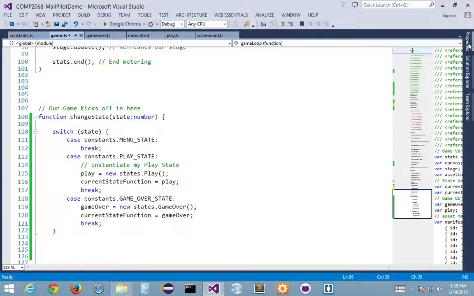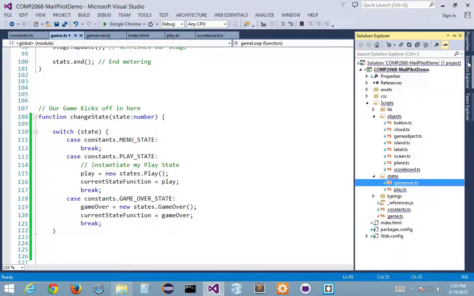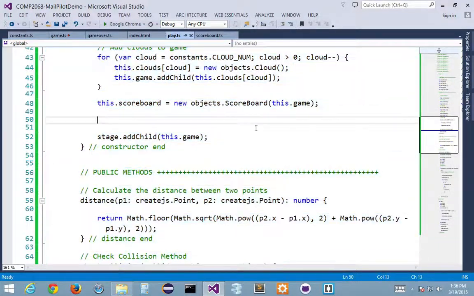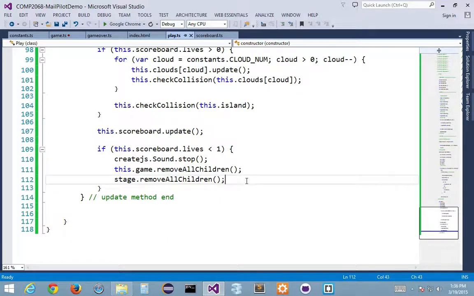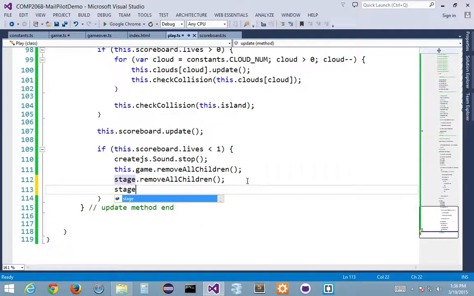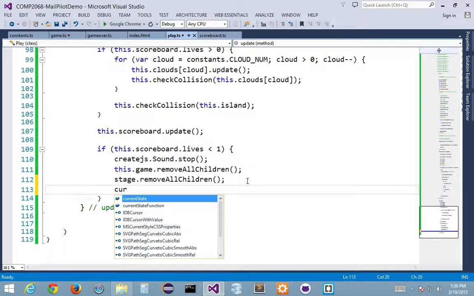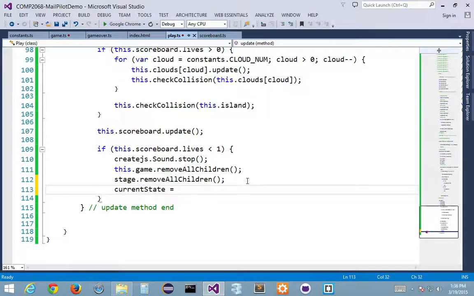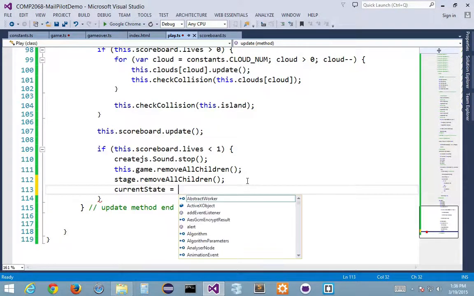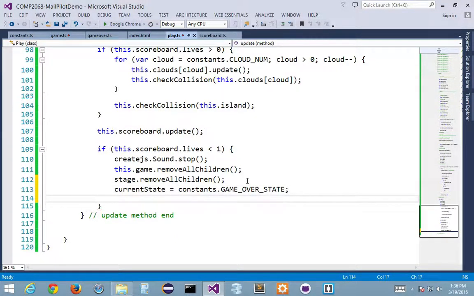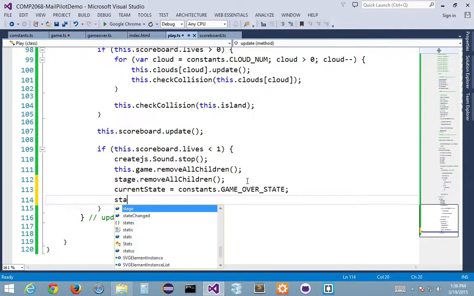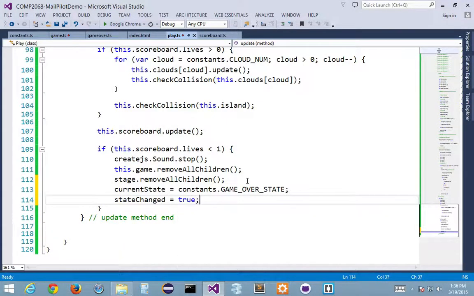I'm going to go back to my Solution Explorer and into my play state. Here's an area where I check if the scoreboard live is less than 1, and I do all this stuff and remove my children. Well, here's a great place to set state changed. My current state, because this is a global variable, is equal to constants dot game over state, and state changed